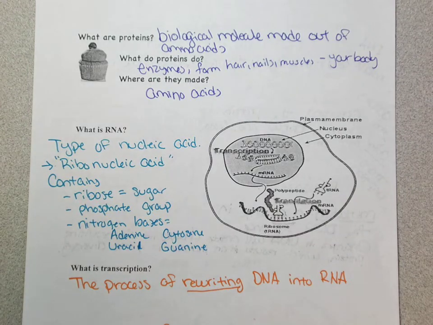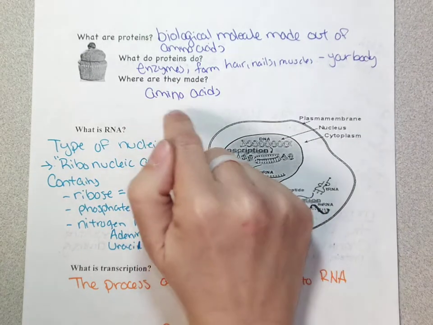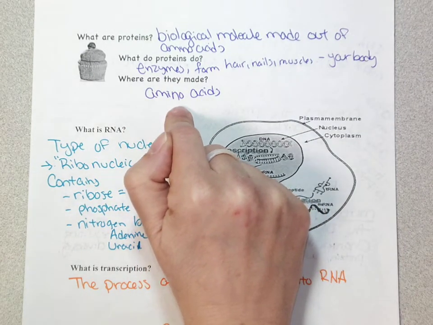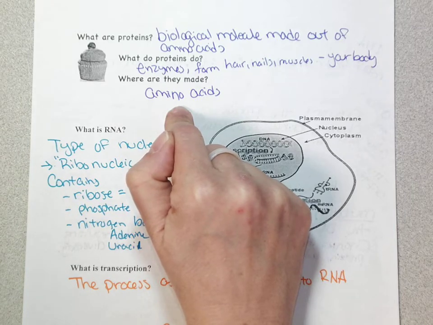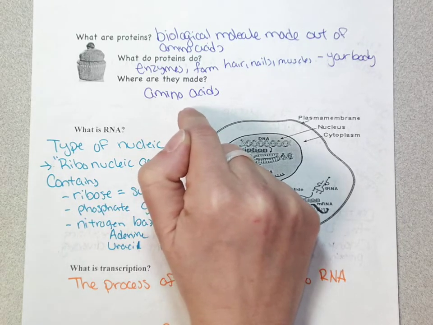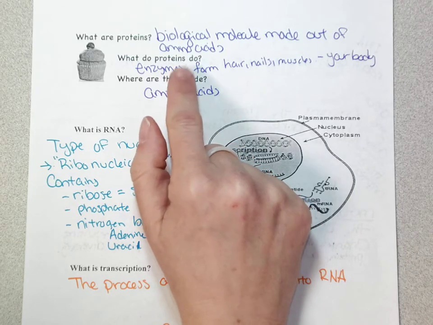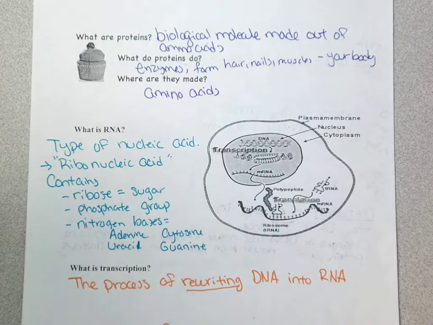All right, we're going to look at how the cell is going to create proteins. And I want to remind you that proteins are one of your four macromolecules that is made of amino acids. So amino acids are the monomer of proteins, and that's going to be important when we look at how we're going to assemble our protein and what order we're going to place these amino acids to do it. Just kind of a review, proteins also do a lot of cool biological things. They help make up structures, they work and act as enzymes, and we know those are significantly important in the